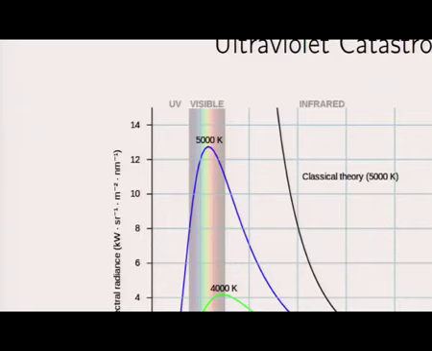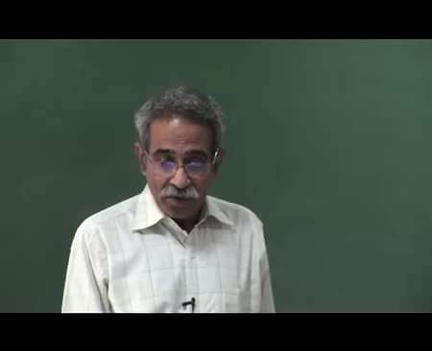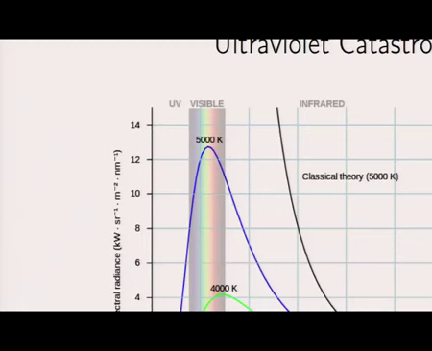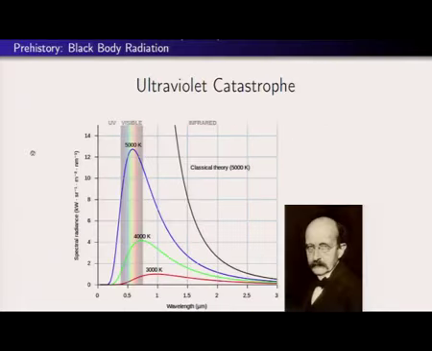Now you see that if I make use of the classical theory, this black curve is the classical theory, and it is telling me, so let us come back to that. The x-axis is increasing wavelength, that is decreasing frequency, and the y-axis is intensity. Look at the rightmost curve. This is all at 5000 Kelvin. The rightmost curve agrees with experimental numbers. This is a theoretical curve.